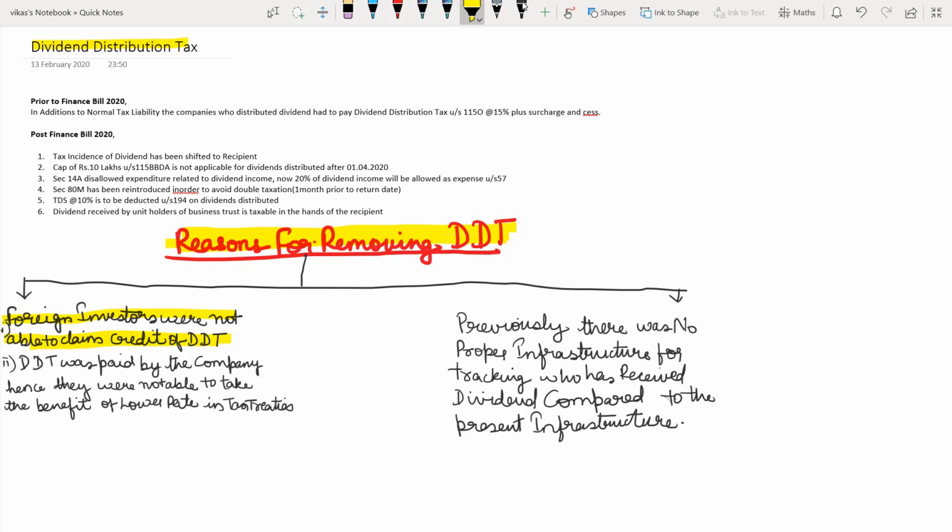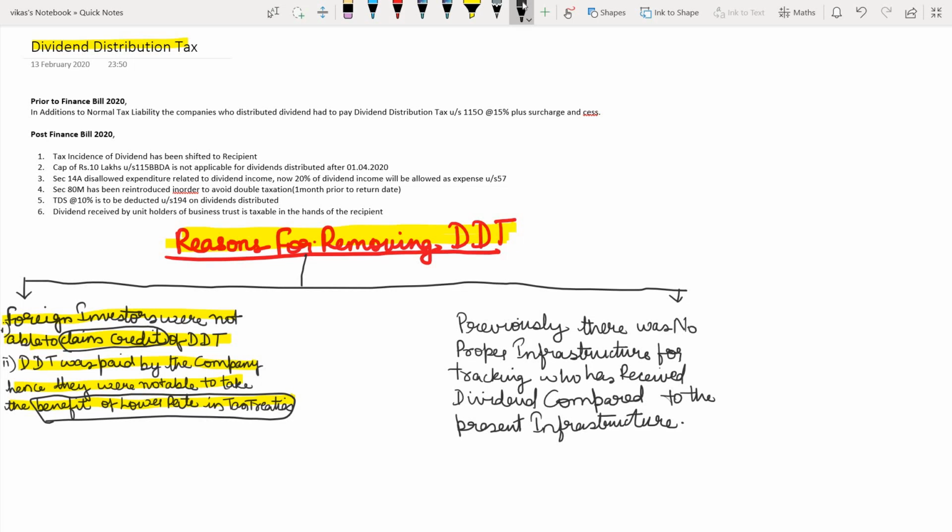Okay, this was one reason, and the other reason was that the dividend distribution tax was paid by the company, and hence they were not able to take the benefit of the lower rate of tax treaties. The one thing is that they were not able to claim the credit, and also they were not able to claim the benefit of the lower rate of tax which was provided in the tax treaties. So these two were the main